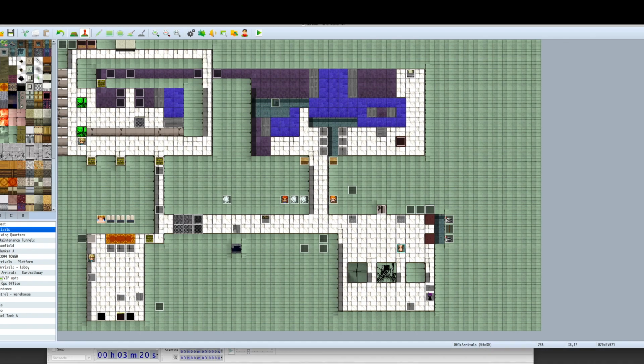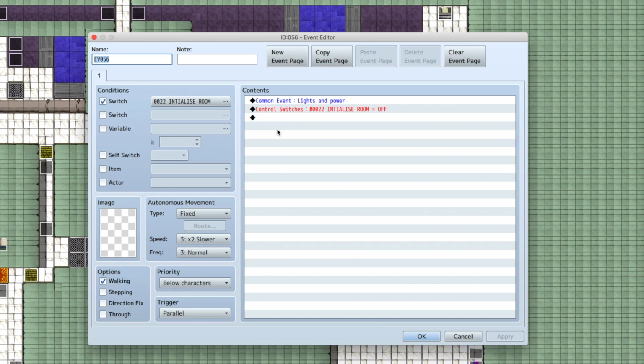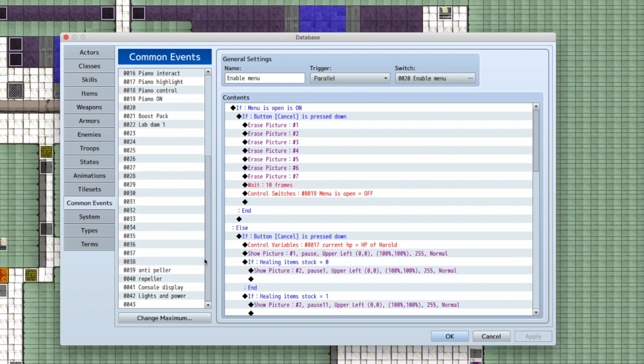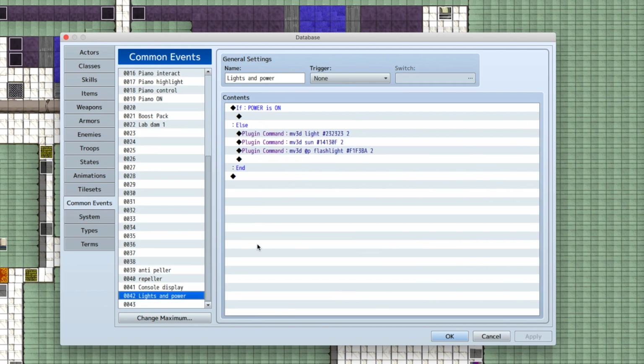Next I'm going to talk about the flashlight, and the way that works is actually fairly simple. The way I'm controlling the flashlight is essentially with a common event. At some point during the game, I want the power to be put back on again, and then it wouldn't run this bit. So if power is on, it won't do this bit, but if it's else, we have here this plugin command